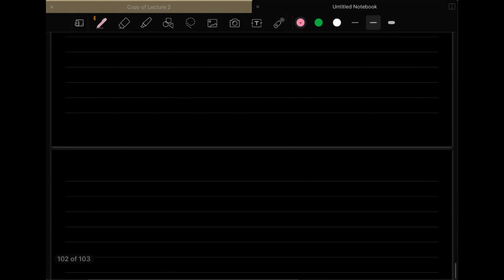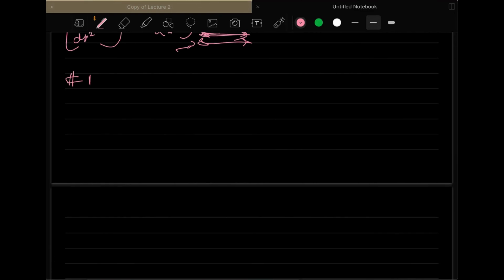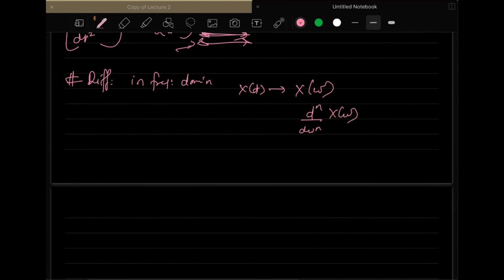So this was differentiation in the time domain. Now, if you do the differentiation in the frequency domain, what will it be? You have the signal x of t, and the corresponding frequency spectrum is X of omega. If you do a differentiation here in the frequency domain, then the corresponding time domain signal will become x of t times minus jt to the power of n. So this happens when you have a differentiation in the frequency spectrum. The corresponding time signal will become this. Again, this is also easy to prove.